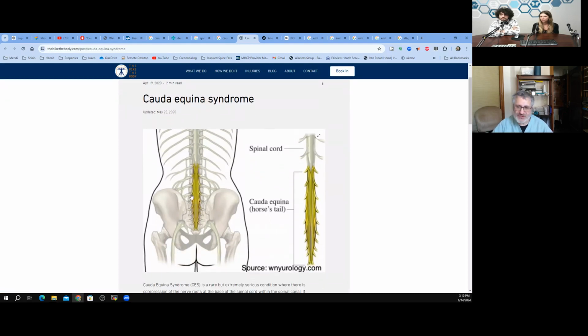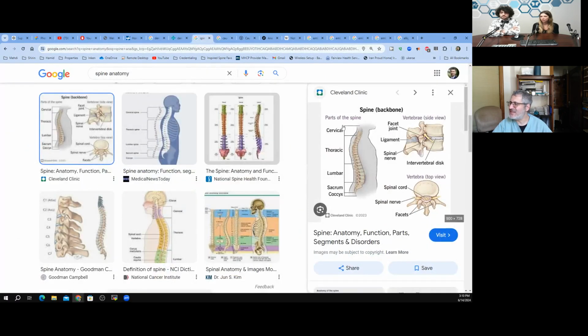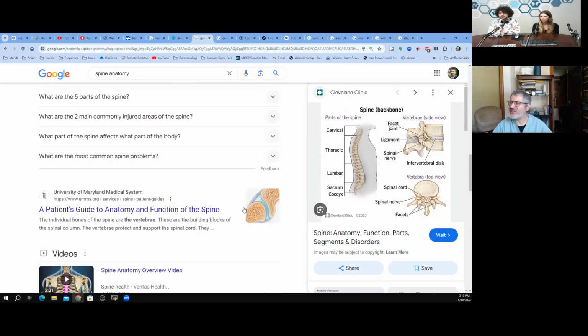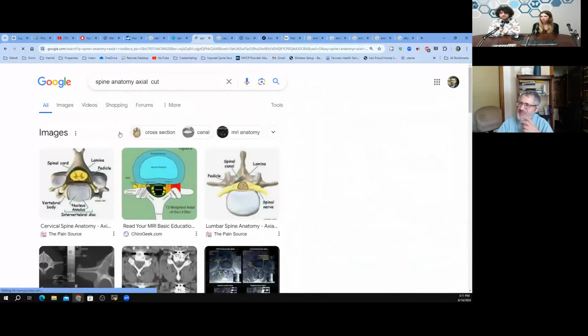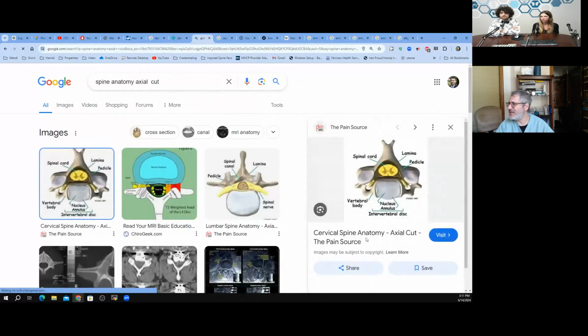These are all nerves. They pass on the lateral aspect of the disc before they come out in a place that we call the lateral recess. Lateral recess is right here. Let's see if I can have a better picture of the axial cut. Now, this is the foramen. If the disc pushes here, it actually pushes on the nerve that's going out, then you have the symptom of the same level nerve root.